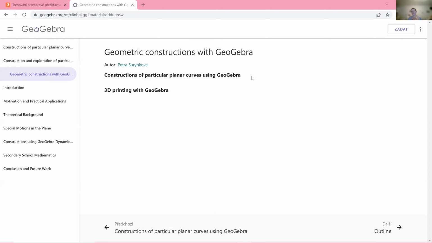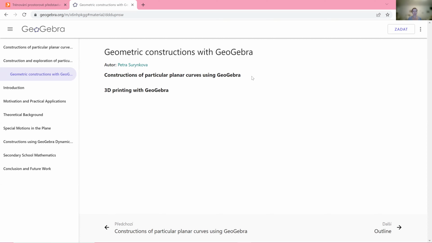Firstly, let me introduce myself a little bit, because probably some of you know me. I'm teaching at university. My students are prospective teachers of mathematics. And at the same time, I am a secondary school teacher. I'm teaching mathematics and informatics at grammar school here in the Czech Republic. So it perfectly complements each other. I'm preparing future teachers at university for their careers, so I think I can show them what problems they have to deal with when they are